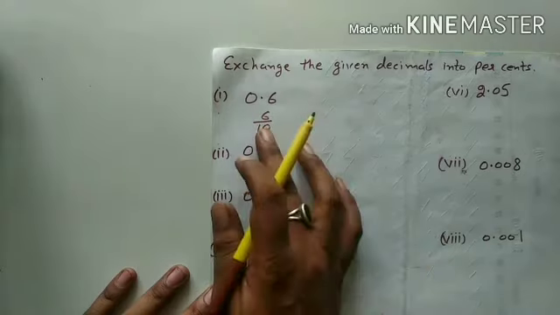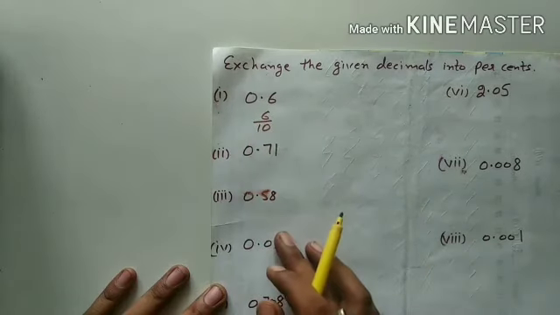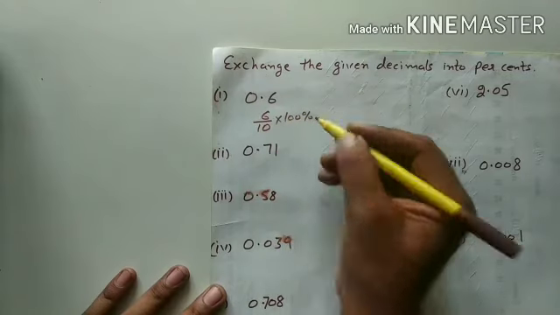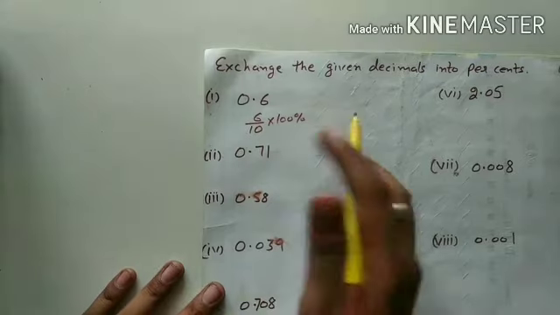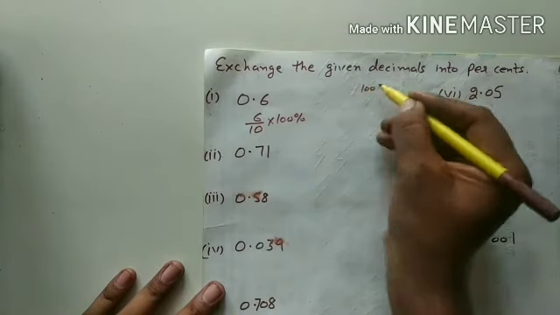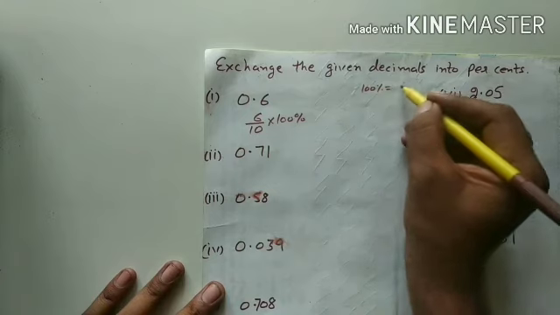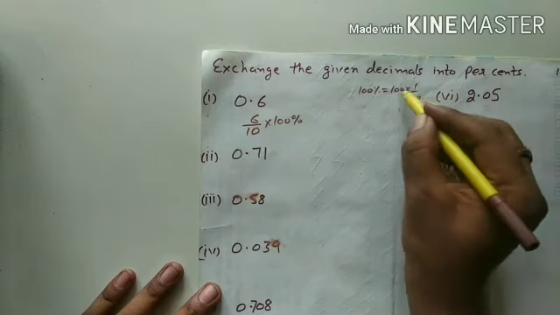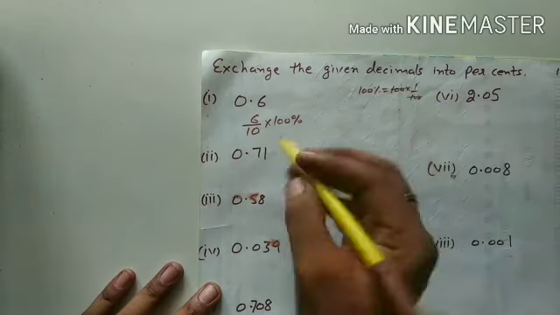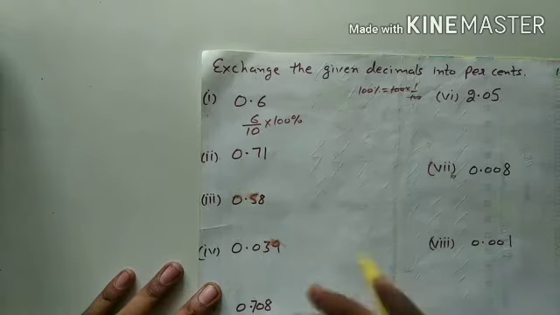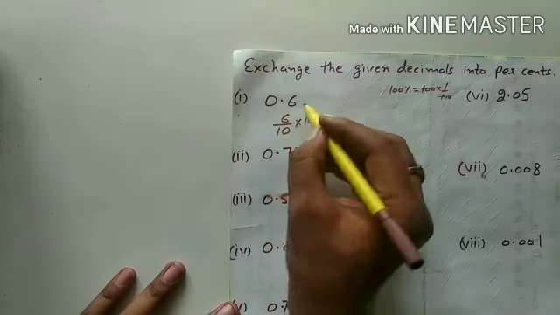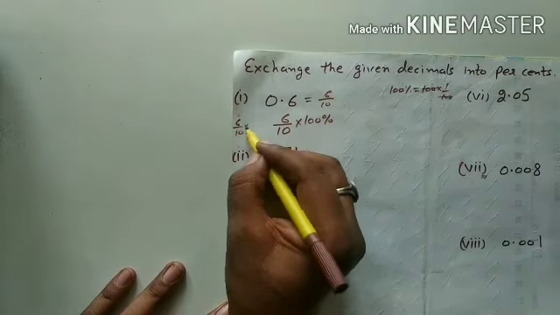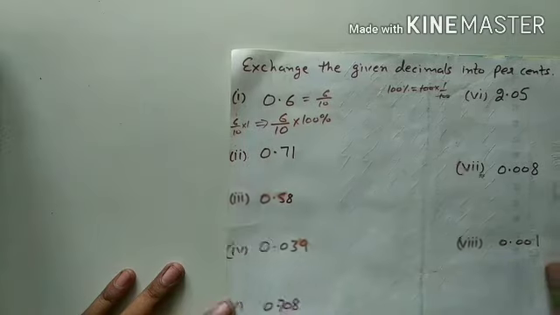Okay student, now this is the fraction and I will have to convert it into percent. So I will multiply with 100%. Now you will ask me why 100 and percent both? What is the meaning of percent? Percent means 1 by 100. So 100 cancels with 100, then what is remaining? That is 1. If any number in mathematics is multiplied by 1, then it doesn't change. So I can write this as 6 by 10.